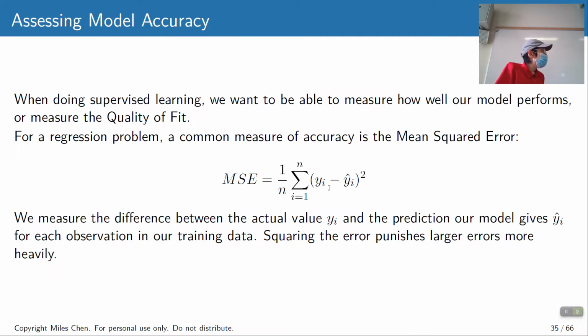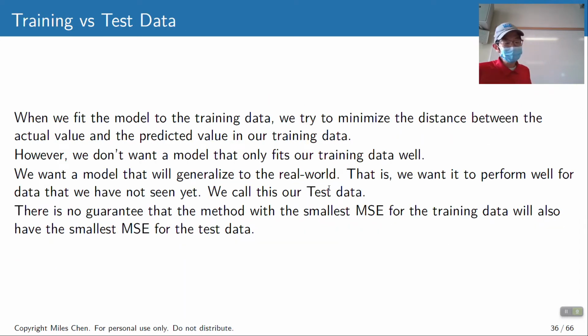And if you don't like this idea that big mistakes are punished more heavily, you can use different measures of error, right? You can just use an absolute value or something. There are different problems that we run into when we use absolute values, because you can't take the derivative at the V with the absolute value, and derivatives get tricky and stuff like that. But there are different ways to do it. Mean squared error is a popular choice.